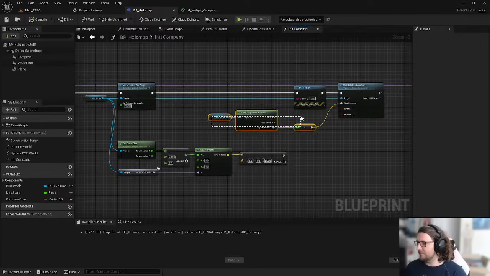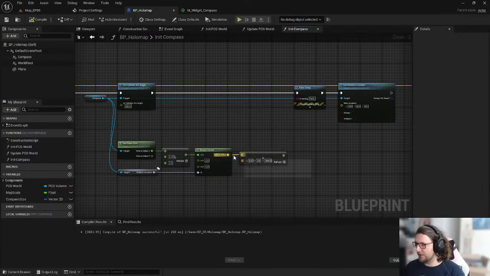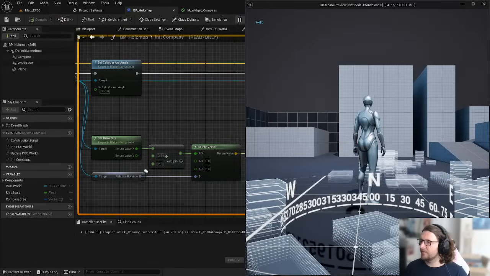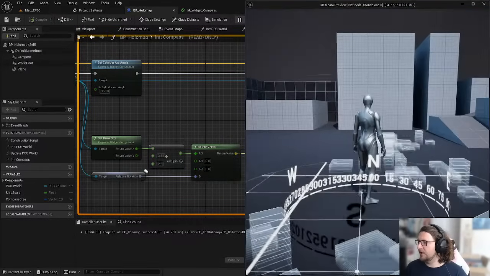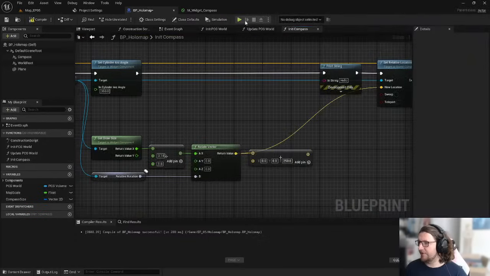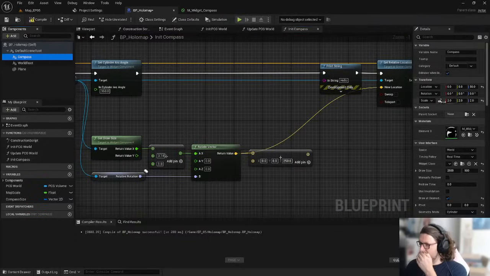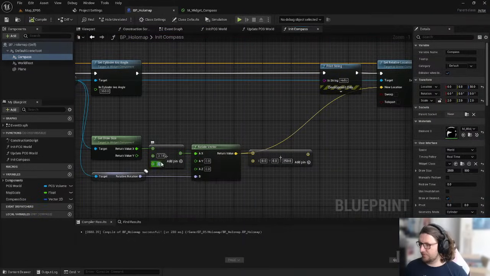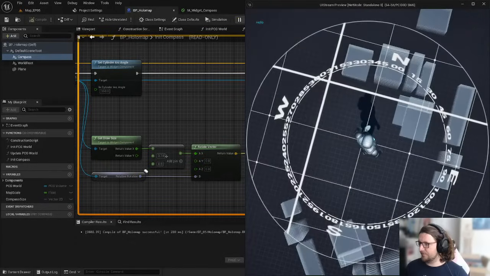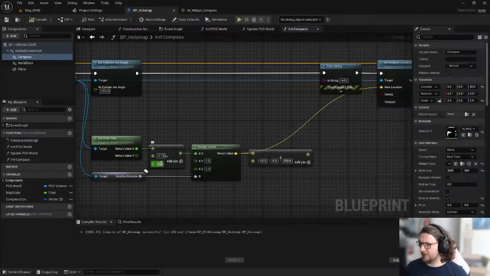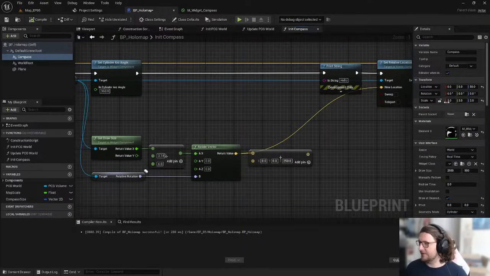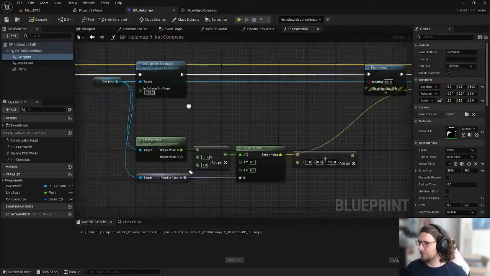So annoyingly, the component bounds just is a no-go there. So here we've moved it way too far forward. So I wonder if the scale here has something to do with it. Nope. So now we're good. I don't know what this number is relevant to the compass size, because if I set this to 3 now, it's like offset badly. But we're 2, so maybe it's